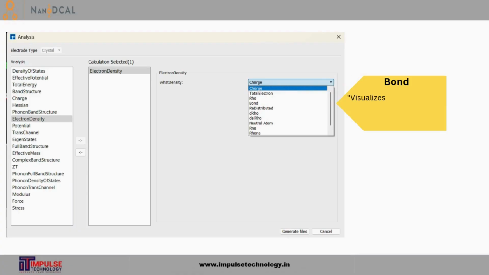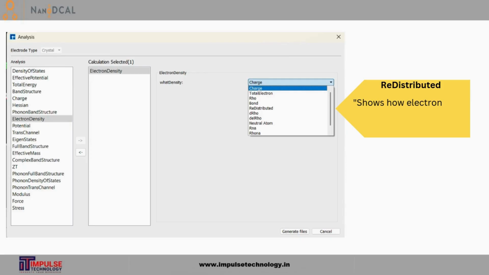The bond parameter indicates electron density between atoms, revealing chemical bonding and helping to identify covalent, ionic, or metallic bonding character. The redistributed parameter explains charge redistribution compared to the neutral atom and shows how bonding or an external field changes charge density.